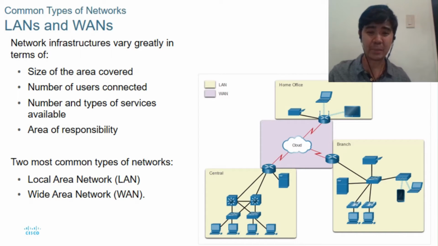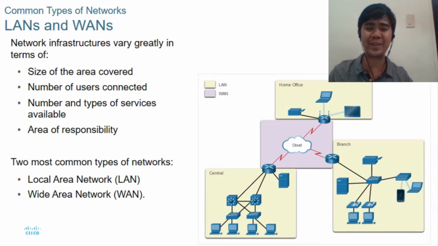We have two major types of network. The local area network. The way we define a local area network is a network within a single geographical area. Say at home, you connect your 5 computers together using a switch. That is a local area network. When you connect two campuses or two different local area networks, that's how we define a wide area network.